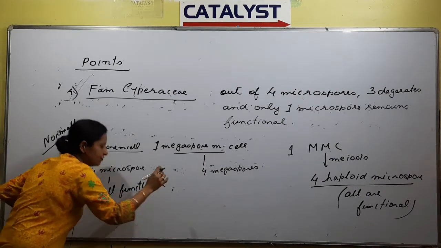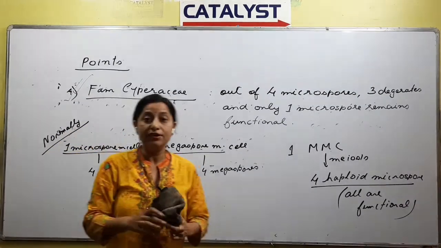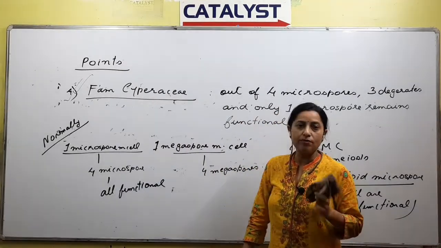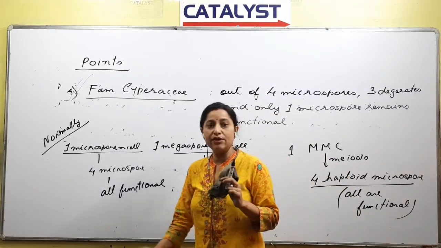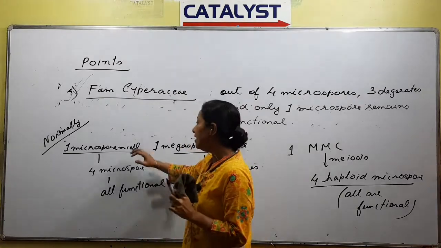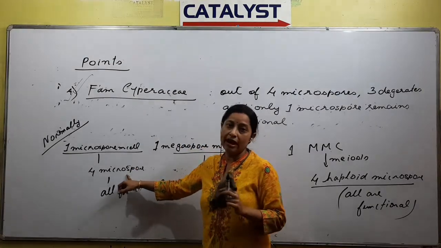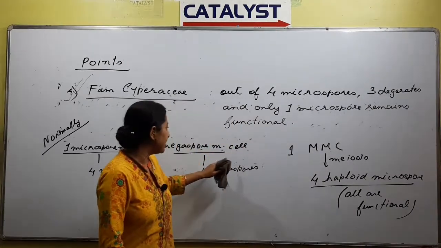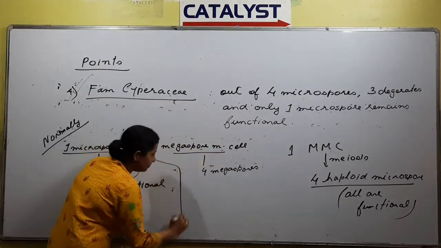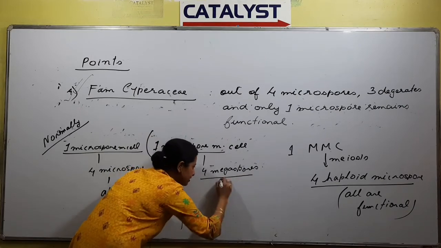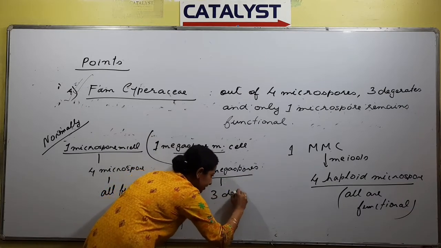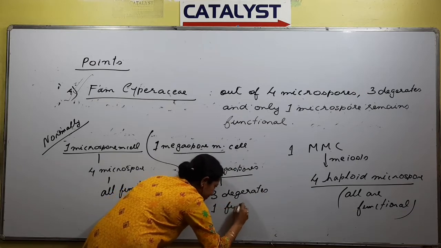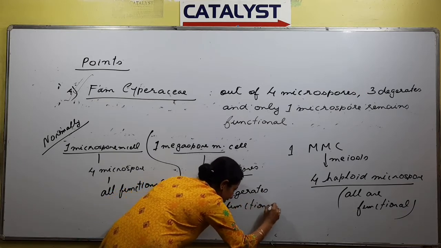Suppose in any family, for example Leguminosae or Orchidaceae, or a normal family like Solanaceae, in all these families 4 microspores are formed and all 4 microspores remain functional. But in case of megaspore, normally we know that out of the 4, 3 degenerate, which we will see in detail later, and 1 remains functional, right? Normal case.